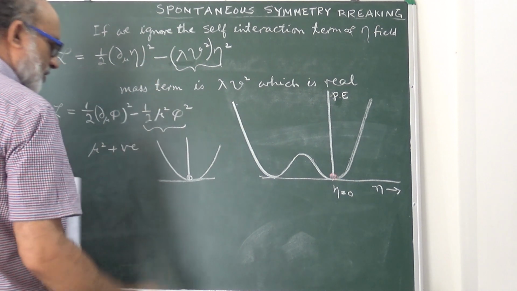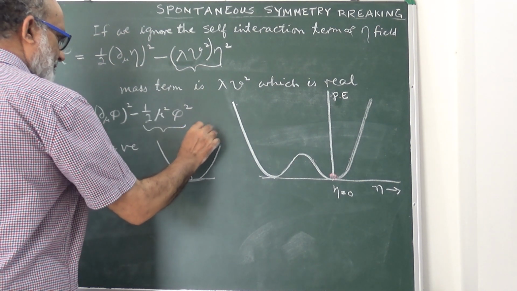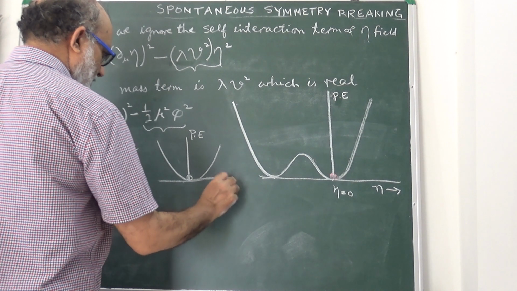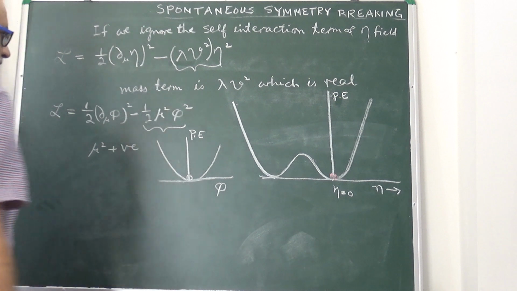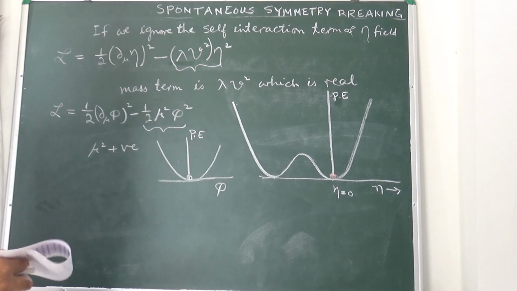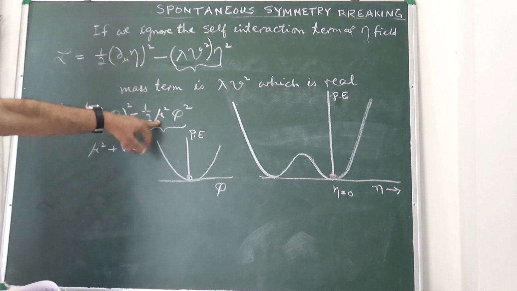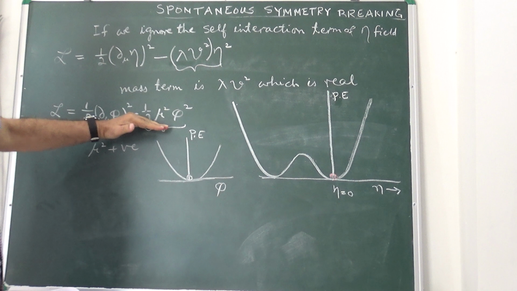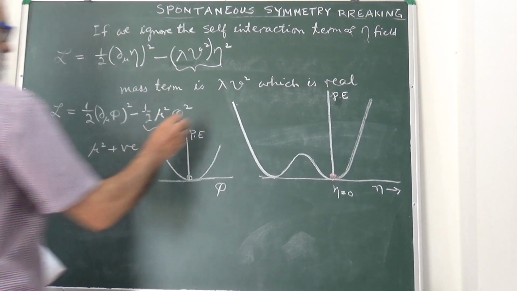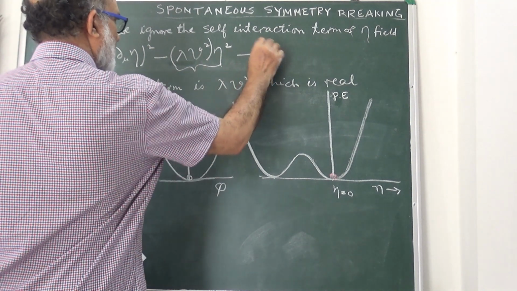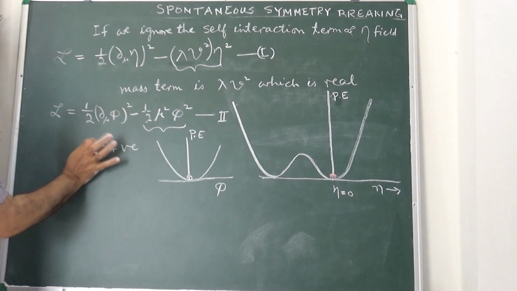We have worked out this one. This is the potential energy part, and this is the field for the phi field. And in that case, the mass was given by the square root of mu square, so the mass term is given by mu. So if you compare this mass with this, the mass from this field and the mass from this field, comparing 1 and 2,